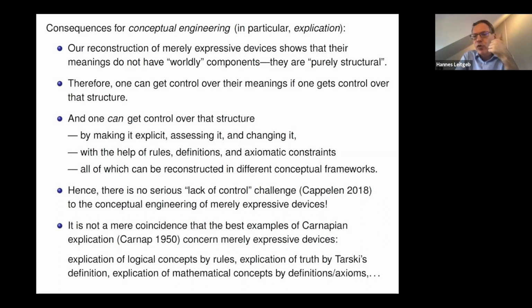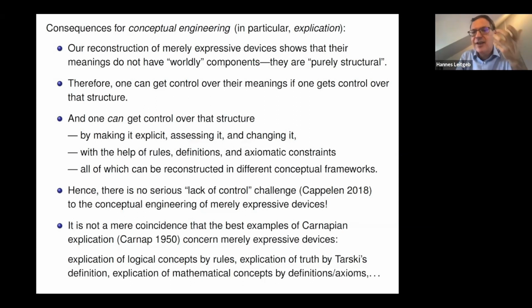Well, with the help of rules like semantic rules, or definitions like the definition of being a bachelor that we built into the framework, or, as it were, axiomatic constraints like the constraint on the accessibility relation in my third example, such that all of these things, rules, definitions, and axiomatic constraints, you can reconstruct in this plurality of conceptual frameworks that are available for you, of which I've just given you 3 examples. Okay, and if you do things correctly, the corresponding terms, over the meaning of which you get control, okay,